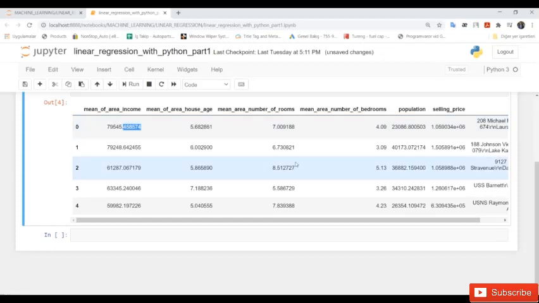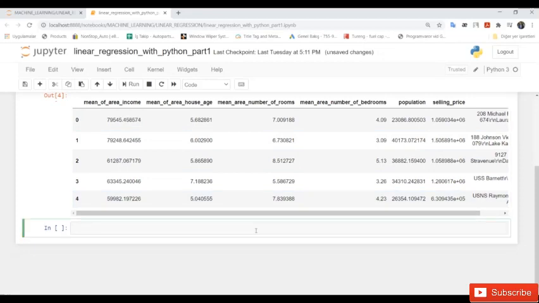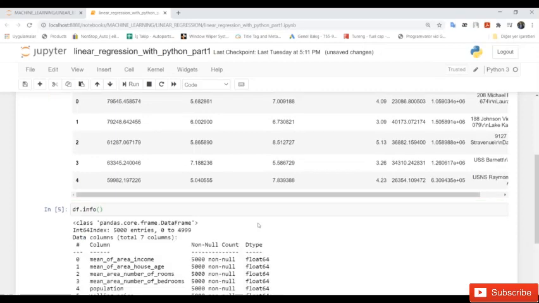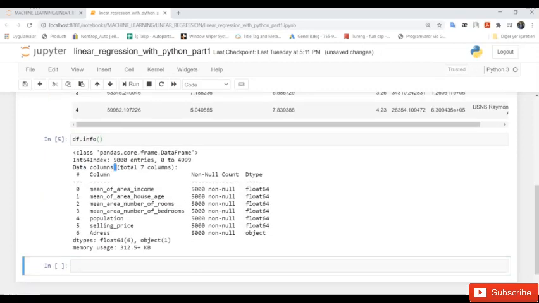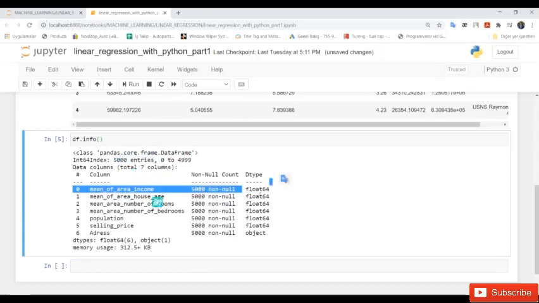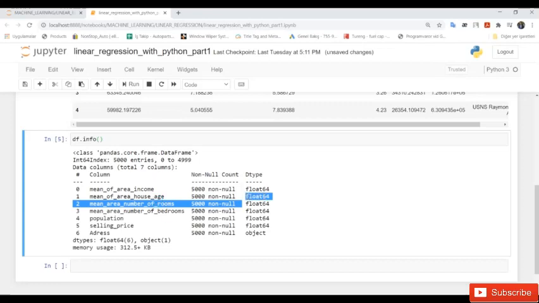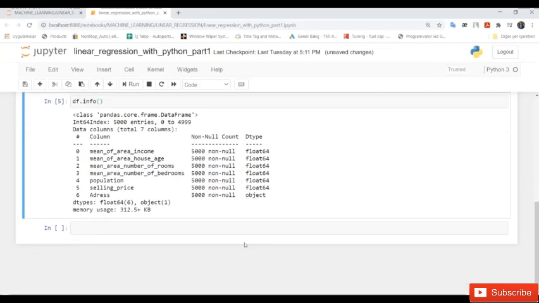Okay, so dear friends, now we can go ahead and examine this data a little bit. So what I always recommend you do is take a good look at the info method. And this is right here on your data frame. This will give you information about the total number of columns and the total number of entries. Now, besides giving a few clues or statements about what types of objects there are in the data frame,